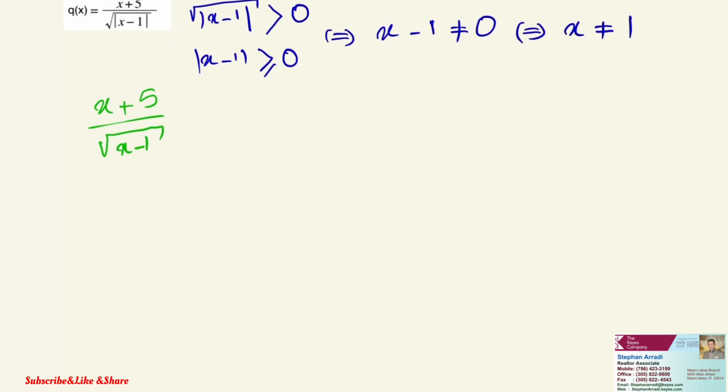It would be, for example, from negative infinity to 1, excluded. But in this case, since we have the absolute value, it is still included, because it is never negative. Therefore, the domain of this function q of x is just equal to negative infinity